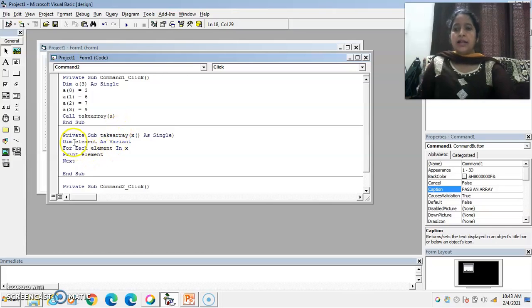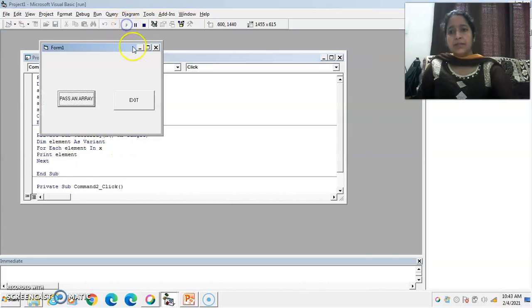First of all, I declare a subroutine take array whose visibility mode is set to private and taking X as an array which is of single type. After that, I print the elements of this array with the help of the for each next loop. On the command one click event, I declare an array of size 4. After that, I assign values to all these 4 elements, and after that I call this subroutine take array with the help of the call keyword.